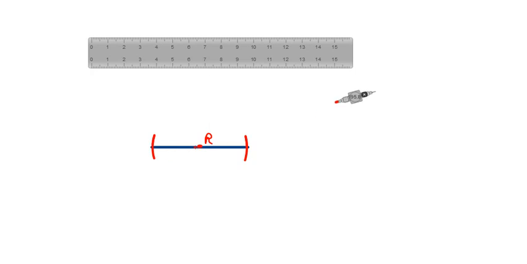Now we can name these points as point A and B. So this one will be point A and the other one here will be point B. Now again take our compass with us. This is our compass and let me extend it. Now I bring it to point A.